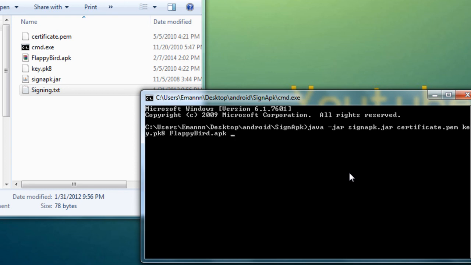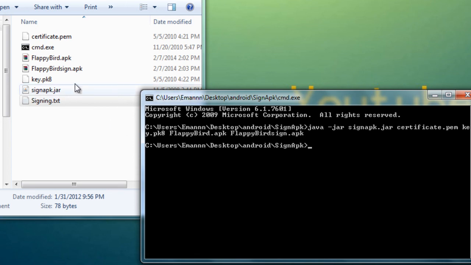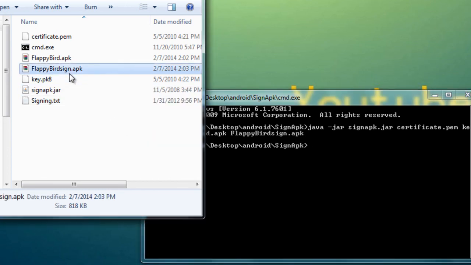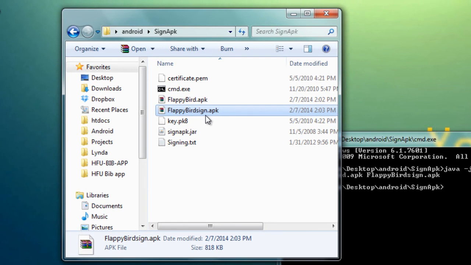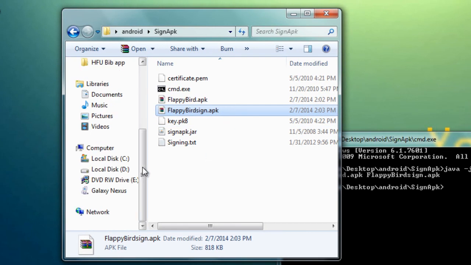Another one like this. You must make sure that it is not the same as the file name of the APK. So just put the signed APK name, and there you have it. Click enter, and now it's done. You can see this file, and this file will be your finished APK file.